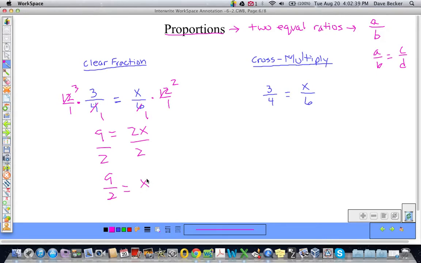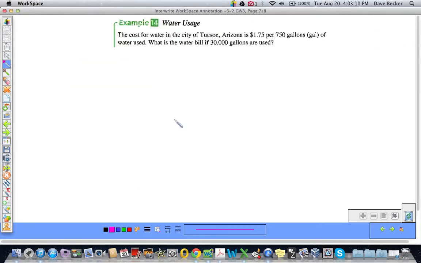Okay, so here, if we cross multiply, we are going to get the same results. 4 times x is 4x. 3 times 6 is 18. Divide both sides by 4. And we can cancel the 4's because 4 over 4 is equal to 1. We get x is equal to 18 over 4, which simplifies to 9 over 2. Very simple, very easy. We're going to take a look at just a couple of application problems where you can